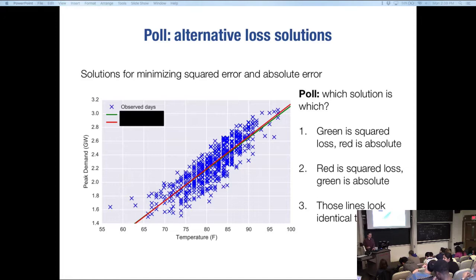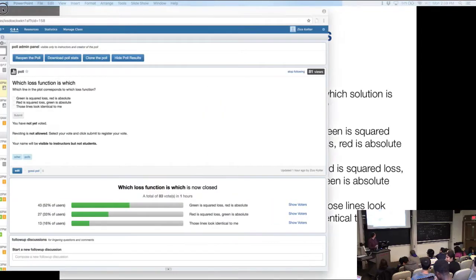Okay, so close the poll. I can close the poll too. But all right, and the results hit. Wow, I should do this more often, just have someone else do all the work. All right, so here are the